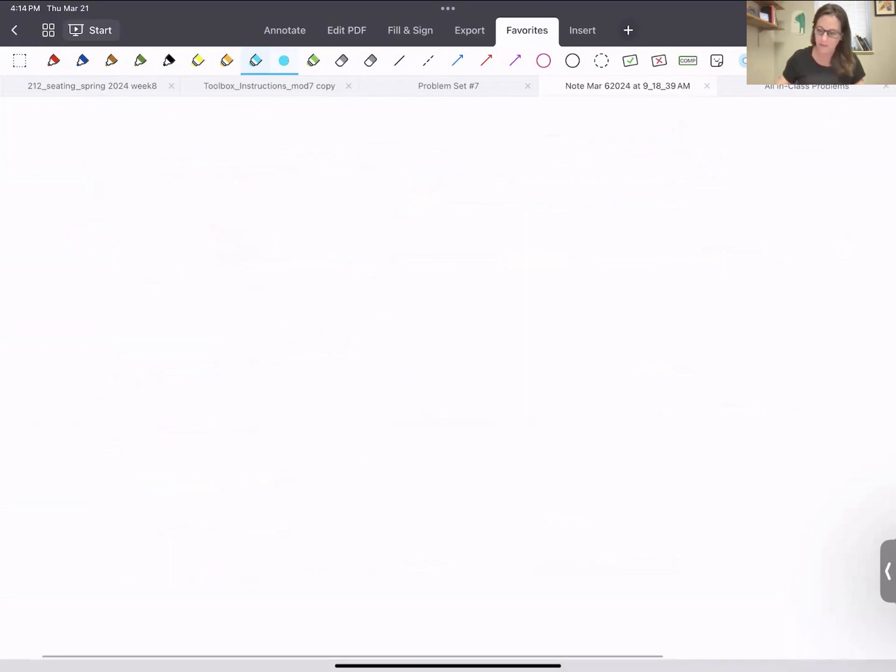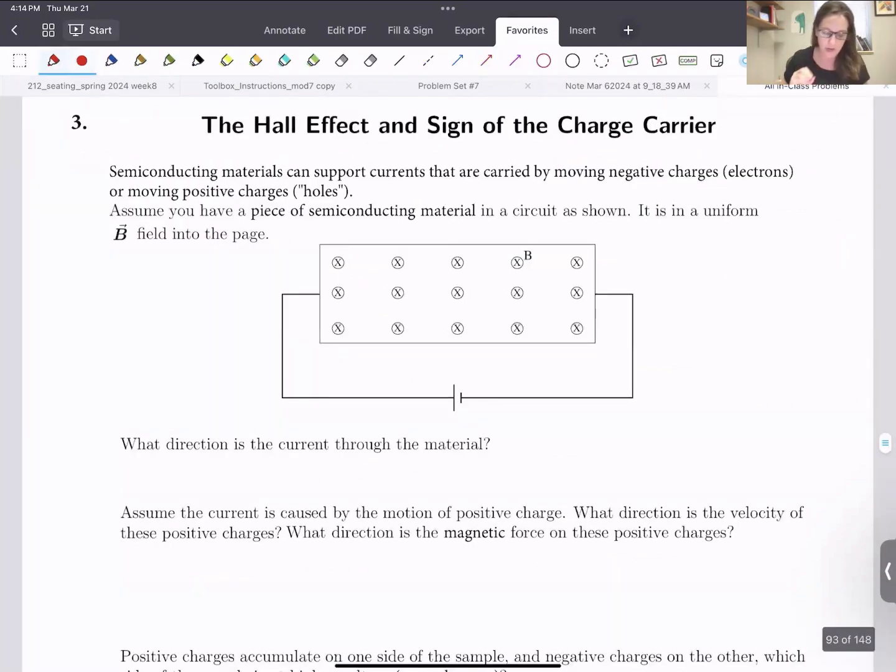I will go ahead and navigate over to number 3. Both of these problems are actually really cool applications of the magnetic force as it's applied to, in this first example, either semiconductors or later in number 7 to mass spectrometers. So this Hall effect, one of the cool things that we'll see is that we can actually tell the sign of the charge carriers,